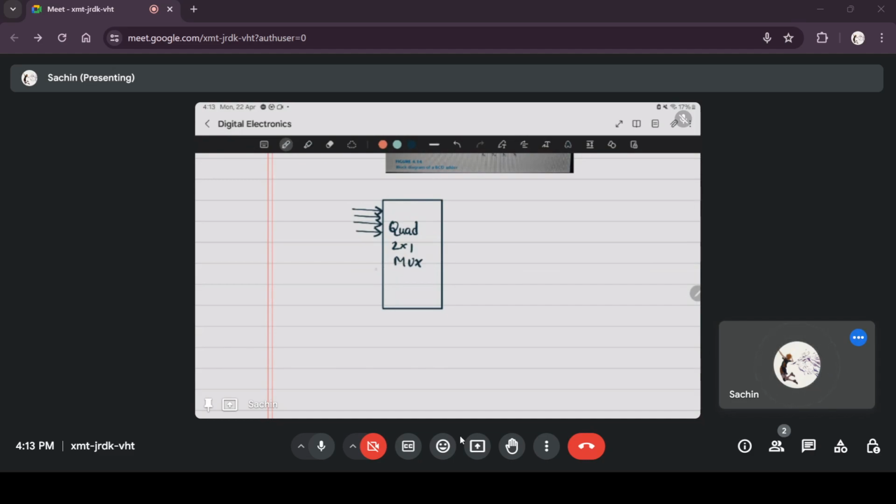That is, it multiplexes two groups of 4 bits at a time. And if you want to do addition, then you pass on the values